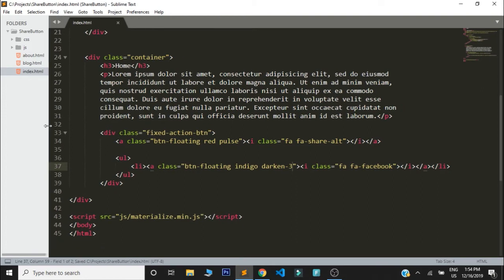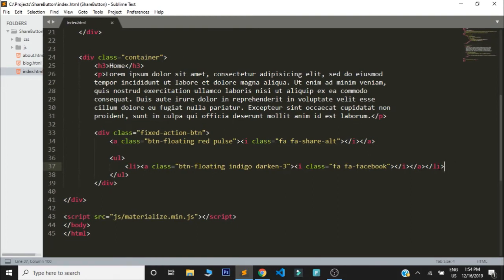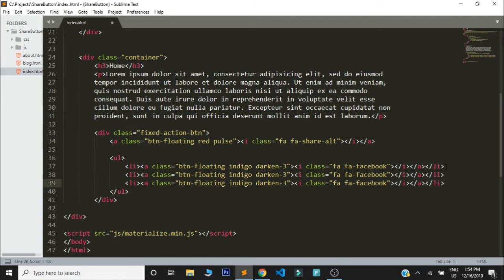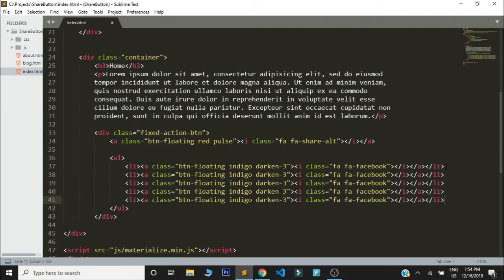So I'm just going to go ahead and copy this list item. I'm going to paste it several times for different icons. Then this one will be Twitter, and I think for Twitter it's light blue, and this one is going to be WhatsApp, that's the name of the icon, and this one will be green,